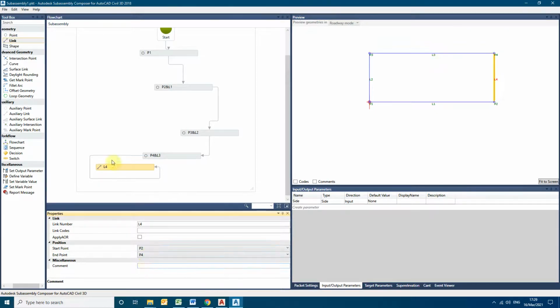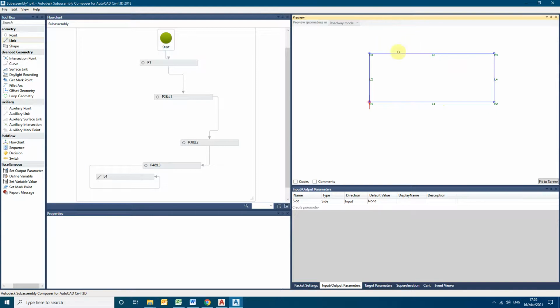Then I'm linking the last two with P2 and P4. So this is how you can create a subassembly component. It's a simple, basic subassembly component.